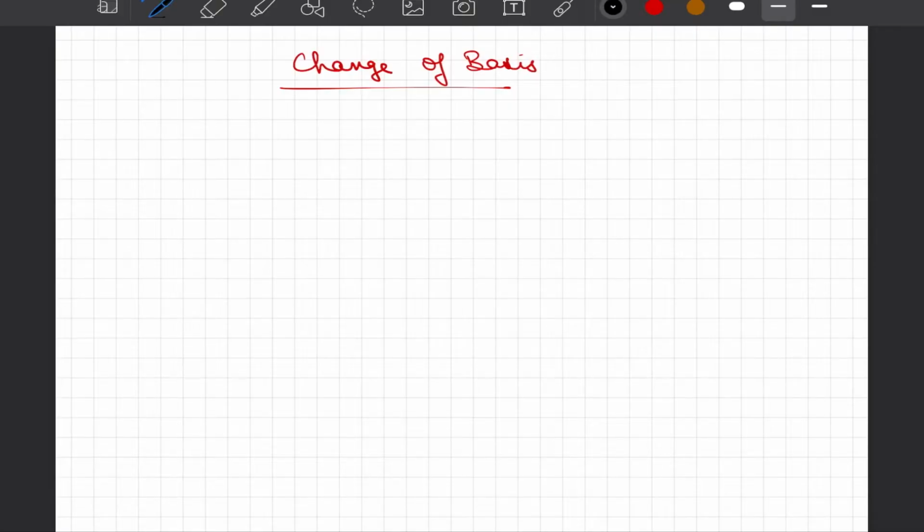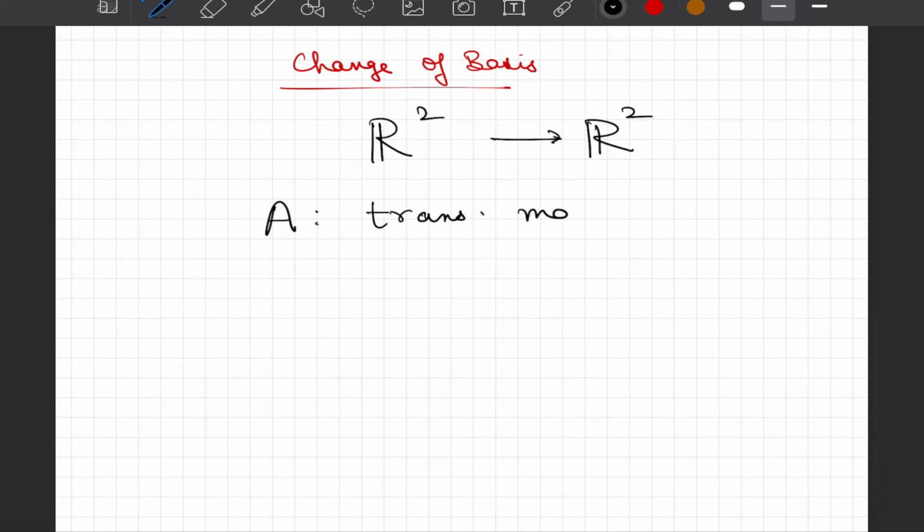Dear students, in this recording, we will learn about an important concept called change of basis, which will lay the foundation of singular value decomposition as we move forward. To understand what change of basis means, we will stick to a simple example in this video where we will not leave our n-dimensional vector space. So we will change the basis within the space itself, and try to understand what this means in the context of the transformation matrix A that we learned in the last video.